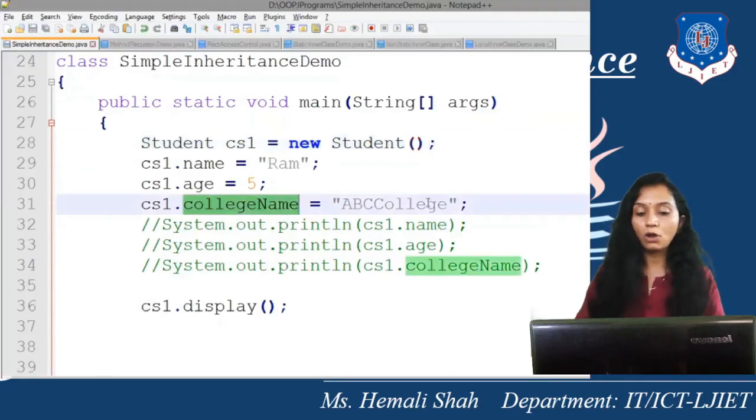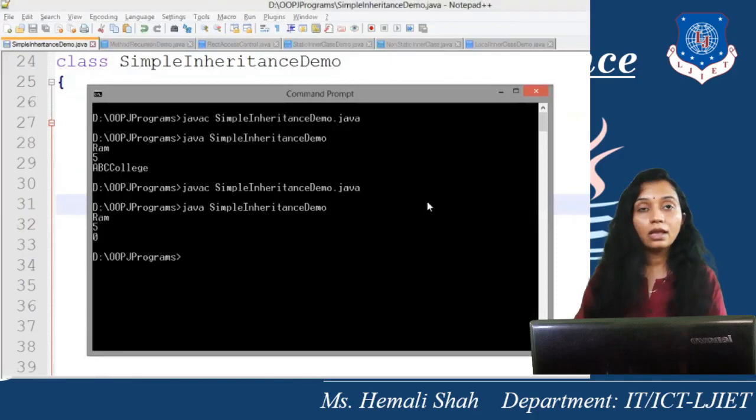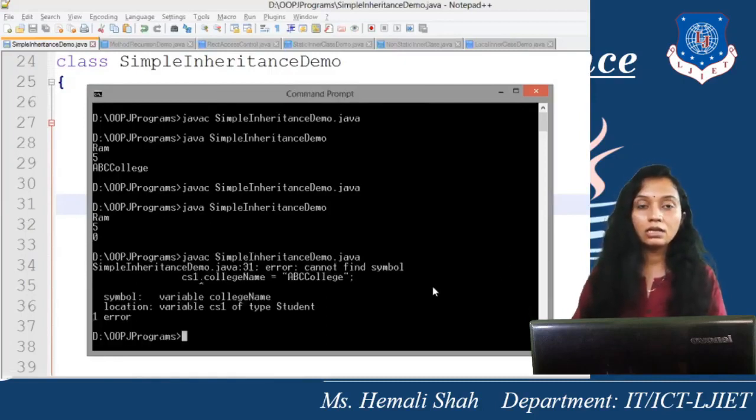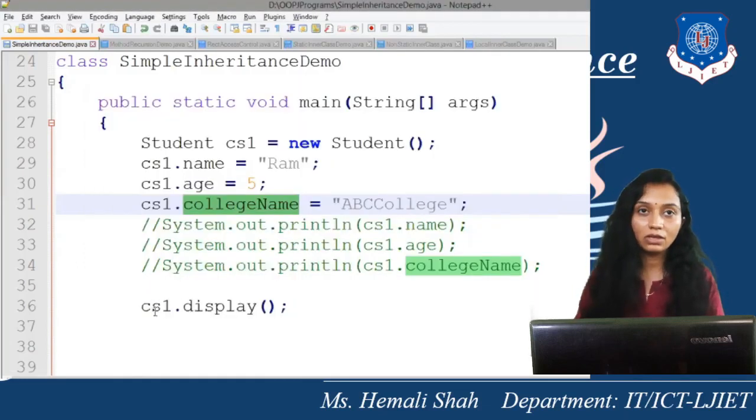This college name is a property of the child class, but I'm making the object of the Student class. Now can we access this college name property? I'm going to compile this code and see. Compile it. See here we are getting an error like this: can't find symbol collegeName.